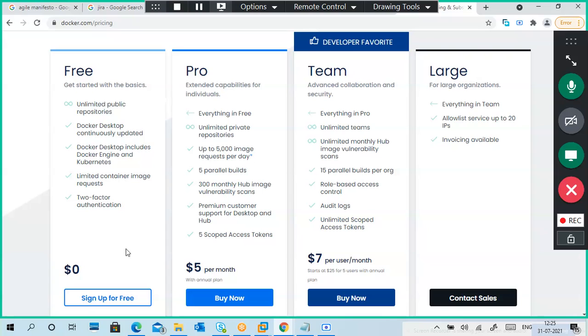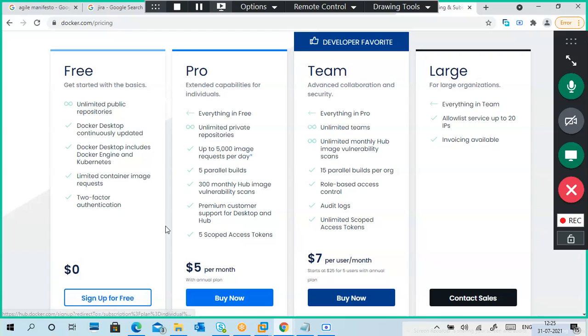So this is the pricing. Free is available: unlimited public repositories, Docker Desktop continuously updated, Docker Desktop includes Docker Engine and Kubernetes, limited container image requests, two-factor authentication, which means OTP as well.